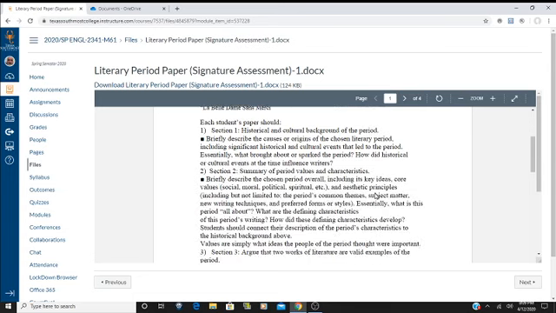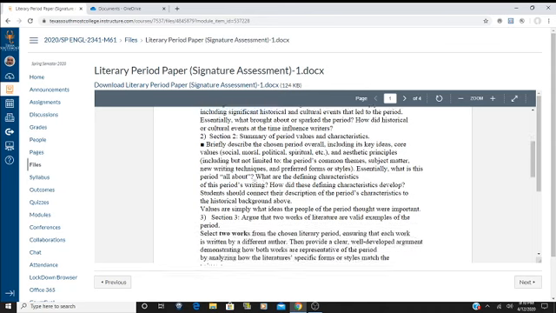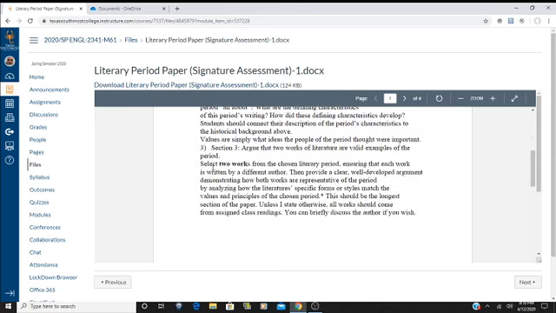And you're going to follow this background. You're going to give me a history and culture of the period. Describe the origins and causes of the literary period. That'll all be in section 1. Section 2, what were the things that were valued in that period? What did people think was important? And then you're going to pick two works, which are the two poems that I've given you. And you're going to explain how those two poems belong to this period, which is Romanticism.